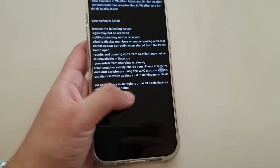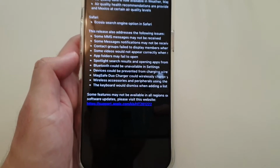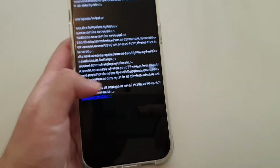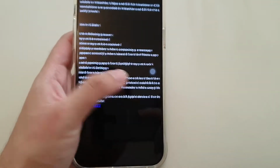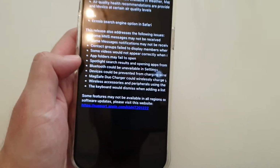The next one is when adding a list or reminder while using VoiceOver, when you click it, it just would dismiss while you're adding it. So that's a good fix, so it won't interrupt everything. Wireless accessory using the protocol failed to complete the setup. Now it's been fixed. And Bluetooth could be unavailable in settings, which means that, let's say you go to Bluetooth,